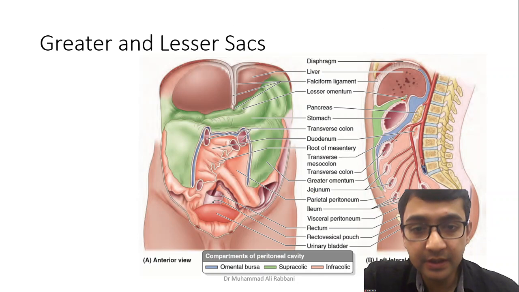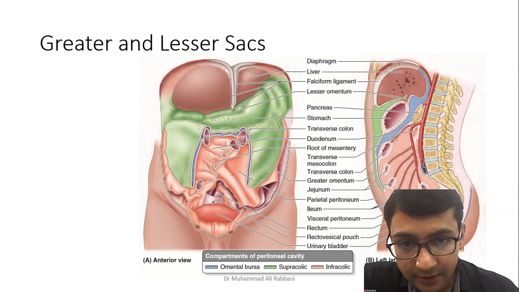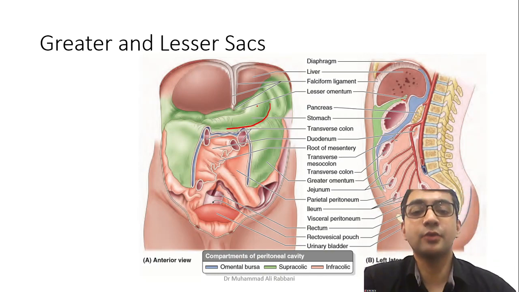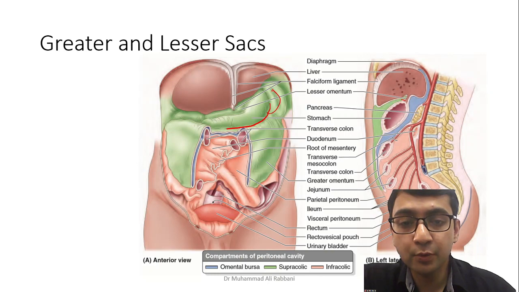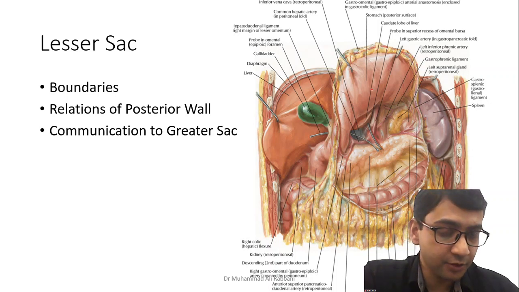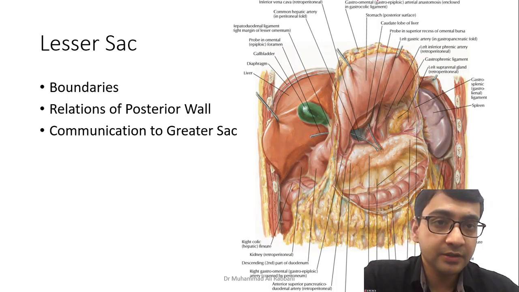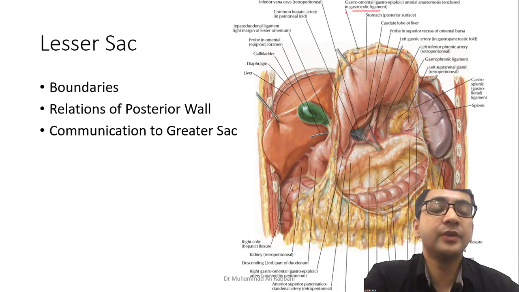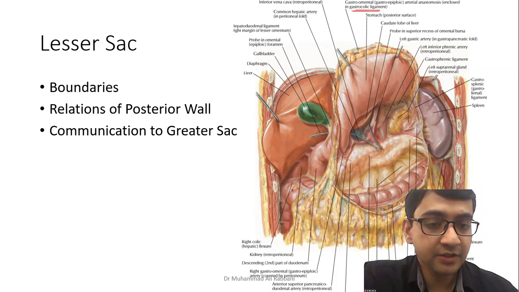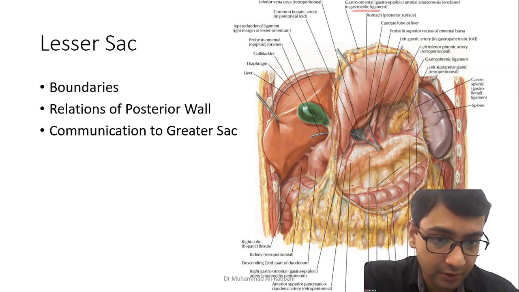Here in the next picture, along the greater curvature of the stomach, a cut has been made between the greater curvature of the stomach and the transverse colon in the gastrocolic ligament, and after that the stomach has been pulled up like this. So this is the stomach, its posterior wall, this is the greater curvature, and the gastrocolic ligament, a part of the greater omentum, has been cut. Here now you can see the posterior wall. What are the structures that are making the posterior wall? Here the posterior wall is being made by the transverse colon, simply speaking.